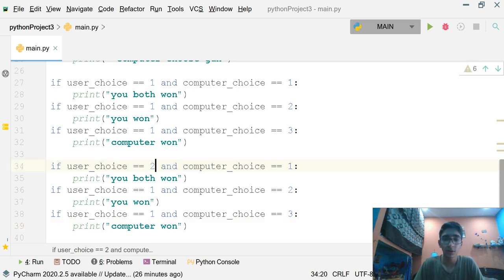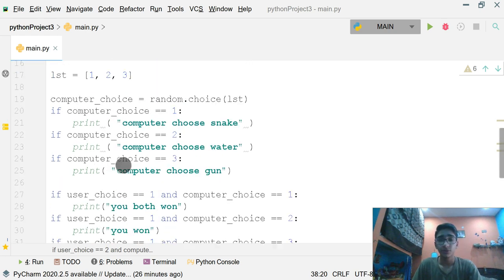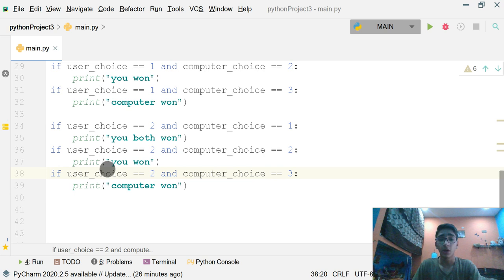Now what really happens is that the computer is choosing water always. Now we are choosing water always, so water versus snake, that means the computer won.